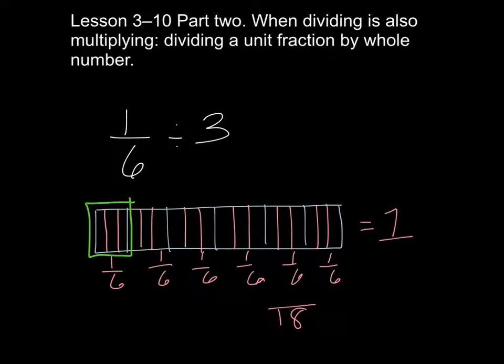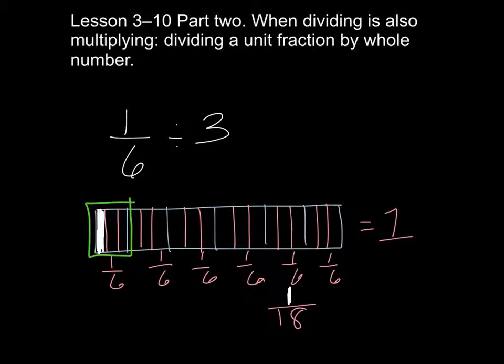And so you can look at it as each person is going to get 1 piece, because we're cutting it into 3 equal pieces, so they'll each get 1 piece out of the 3. But how much is that really in comparison to the entire pizza? Well, that's 1 piece out of a total of 18 pieces. So 1/6